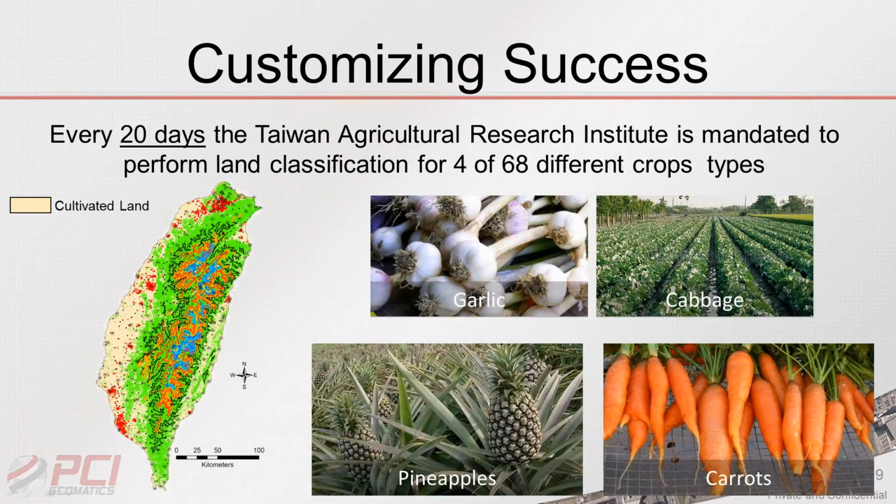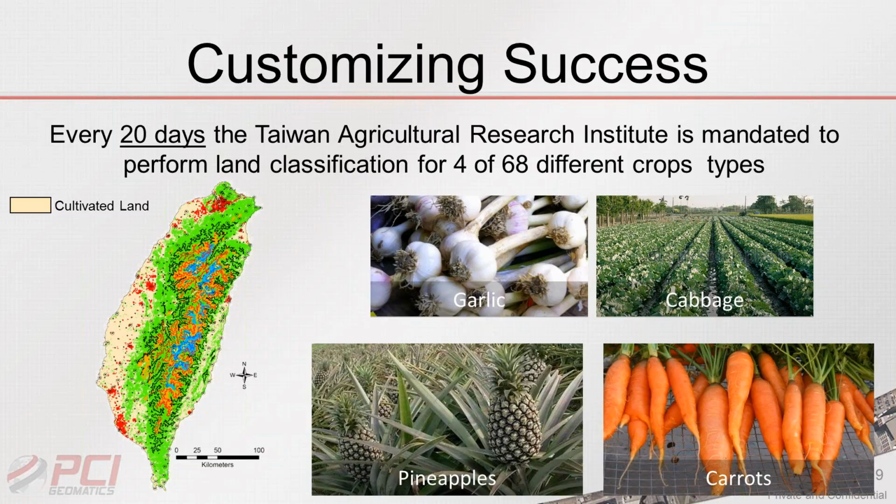So a little bit more about this background, about the specific requirements of the Taiwan Agricultural Research Institute and the challenges that they face. If you look here on your left, you can see a map of Taiwan that shows an approximation of all the cultivated lands within Taiwan. You can see that the majority of this area is along the coast, but it's quite a large area within this island. Now, every 20 days, they get new satellite imagery for the entire island, and they need